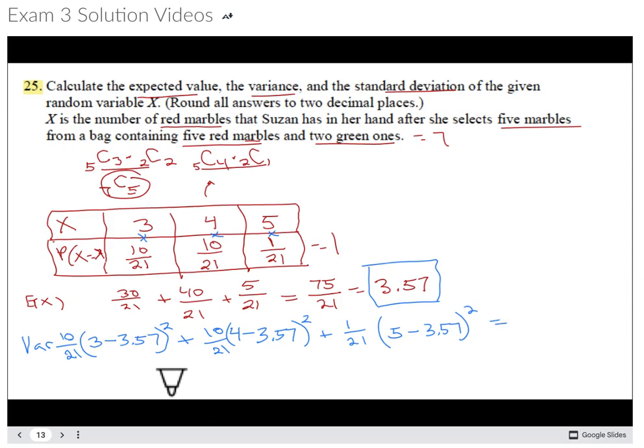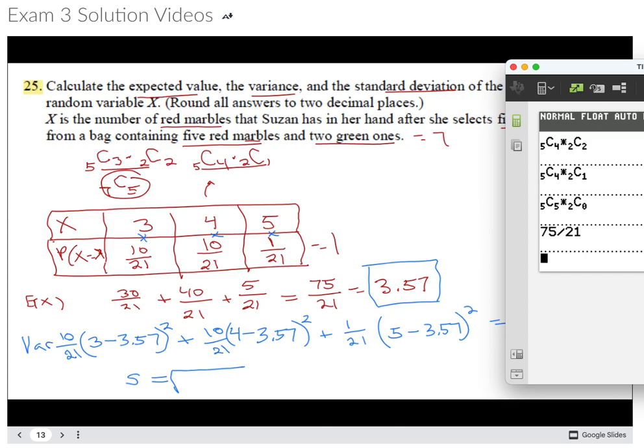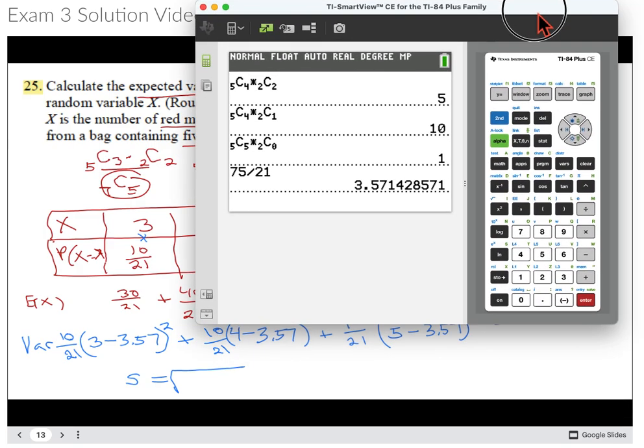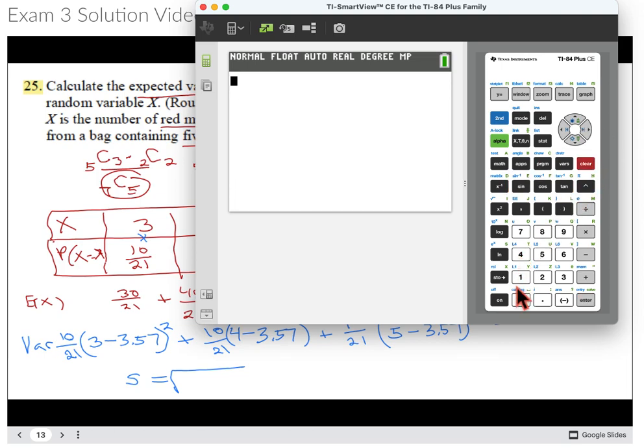And then the standard deviation, we could do just S, right? Do that, or SD. I like SD because it tells me we're going to take the square root of the variance. So let me get that ready to go. So we'll plug this into our calculator. Here, enough room. Let's clear this out. Divided by 21 times 3 minus 3.57